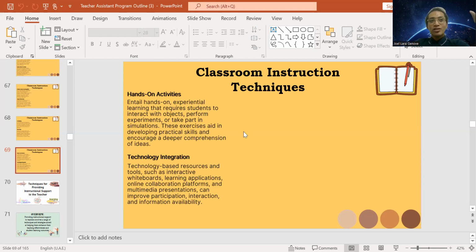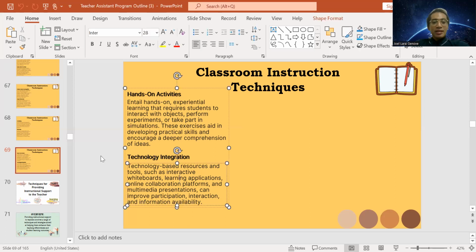So the teacher will do the bingo. The teacher will say gold. So what is gold? AU. So that's one slot covered for you. And then it's a game. There's a prize, and then it's learning. That's just an example. But hands-on activities allow you to let the students experience the topic or the subject matter.